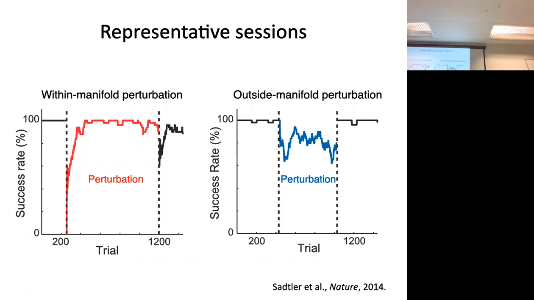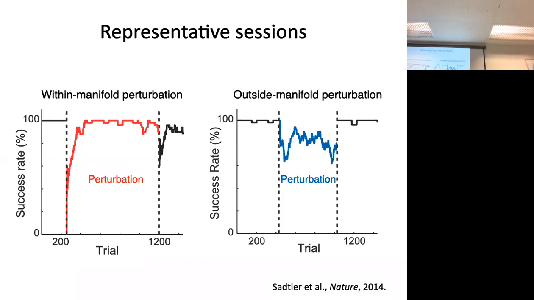Conversely, if right after we switched the mapping the animal's performance was essentially 0%, the animal would give up and not try to learn anymore. So what we tried to do was to choose a new mapping of intermediate difficulty, where there was still something to learn, but it wouldn't frustrate the animal so much that it would give up. Across all the different sessions, we had a distribution of these initial difficulties, here and here, and those were the two distributions that we needed to ensure were matched between the two types of perturbation.